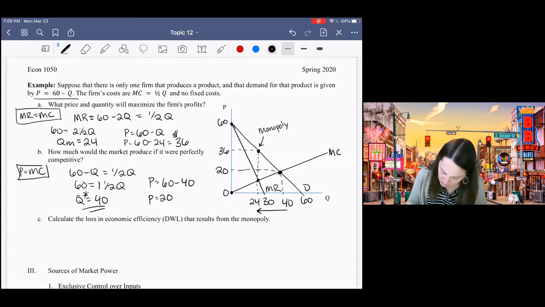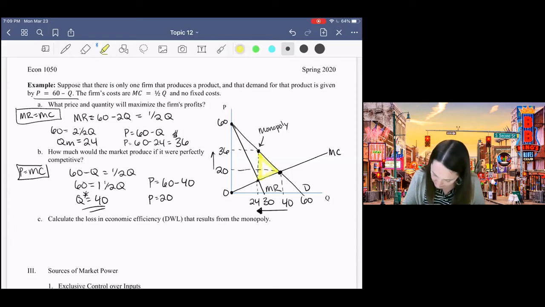Monopoly is restricting its quantity. Remember, deadweight loss always comes from this decrease in the quantity exchanged, and increasing its price. So we get deadweight loss here equal to this triangle. And in order to calculate this triangle, we're going to have to find the bottom corner, right? One more price in this market. So to get that price,